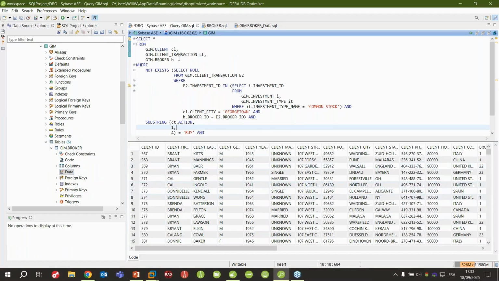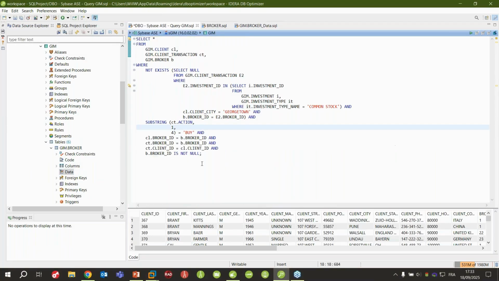And so from this script, we can see in the gutter some different icons, and we can see that, for instance, when I mouse over this specific icon, I can see that I have a missing transitivity in my query.